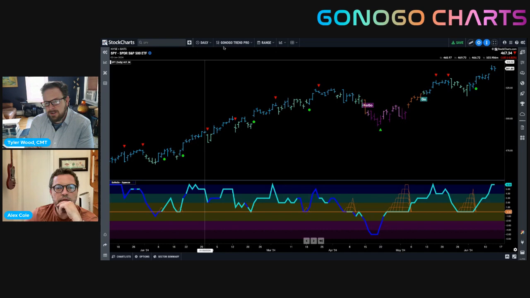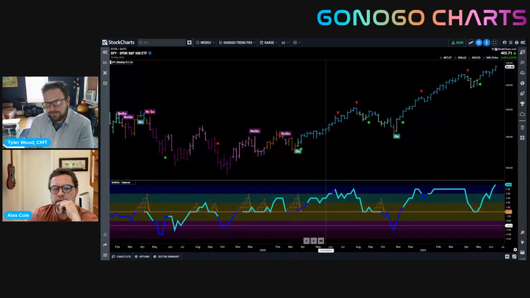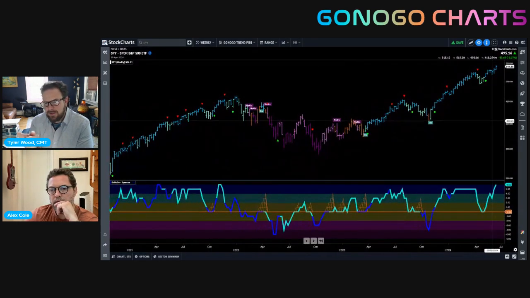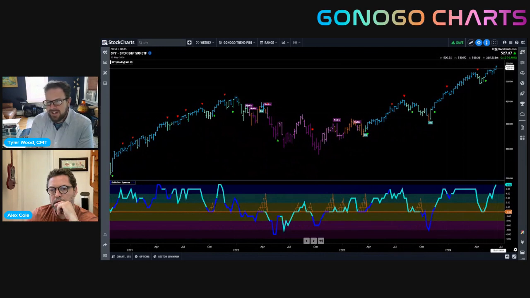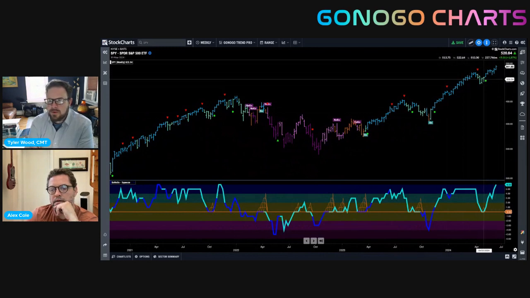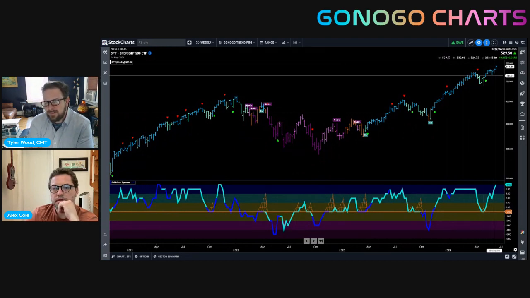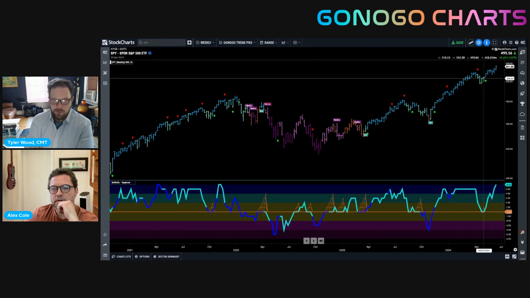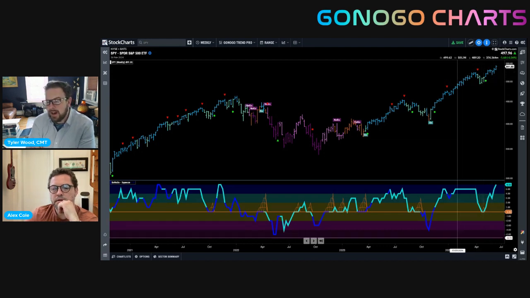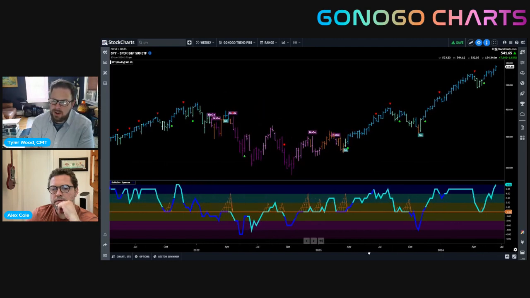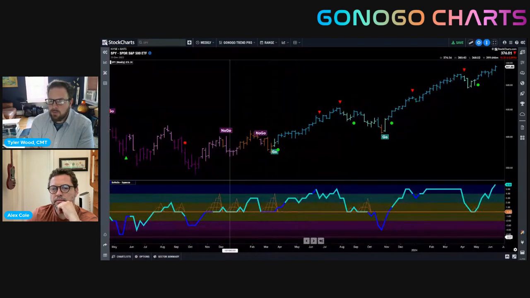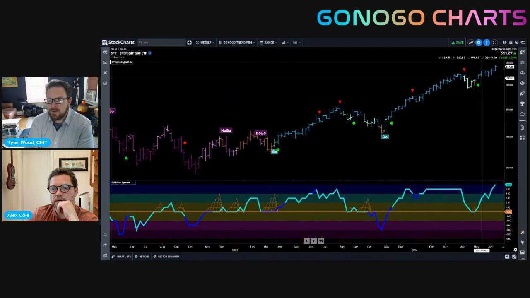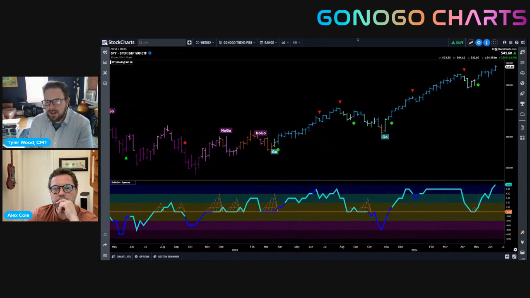Alex, if you pop this out to a weekly chart, we'll see that that pullback in April just showed us the weaker form of the trend conditions, still in a Go trend. And this is the reason that we built the sensitivity into the model. We all want to know what is a pullback or a buyable dip within an otherwise established uptrend, and what is the beginning of something much more substantial. So the weekly time frame shows that we never left trend.